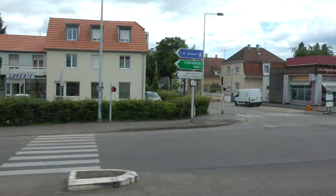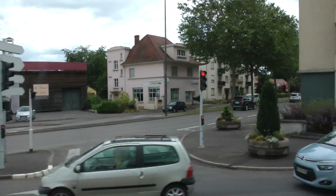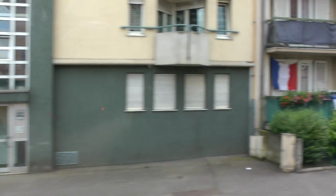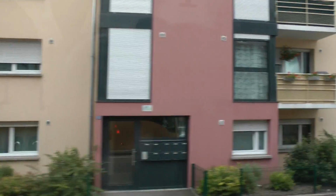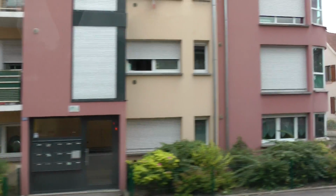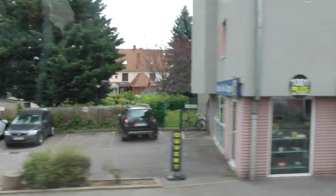We are getting closer and closer to the west part, and you see the orange light ahead of you on the left hand side. That marks the entrance to the west part. Good. Now then, ladies and gentlemen, promises